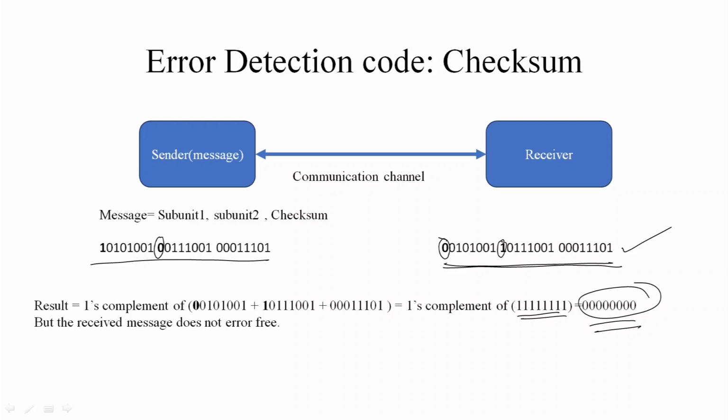So this is the limitation of this method: it detects only a single bit error, not more than one bit error. When more than one bit is changed, the final result at the receiver side, when the checksum is computed by the same method, may be 0, but there may be an error because more than one bit is changed. So this method is only used for detecting a single bit error, not for correcting an error. Once the receiver finds that there is an error in the received message, the receiver requests retransmission.